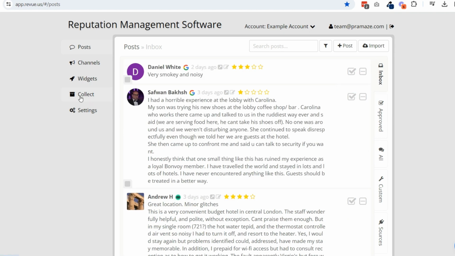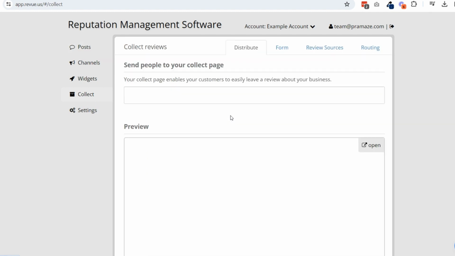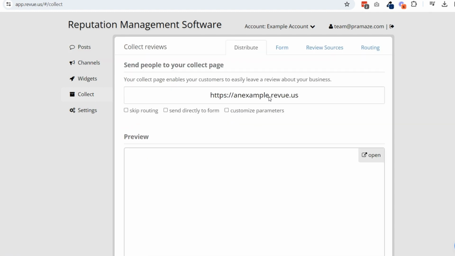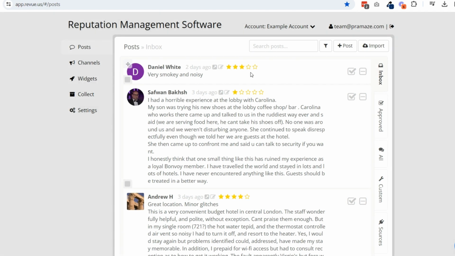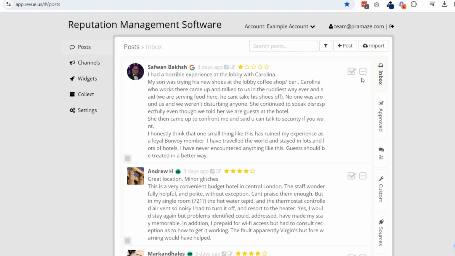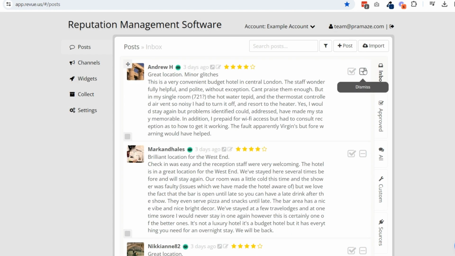If you automate how you send out your review link to collect reviews, then that's fantastic. Get that nice and simple. Get your customers to leave your reviews consistently. We will consistently pull them in through your channels, get them into posts, and get them on your website automatically. Everything else will be a manual one where you get to choose whether, for example, this 3-star review or 1-star review actually makes it onto your website. You can basically dismiss these. It doesn't take them off of Google, but it will not show on your